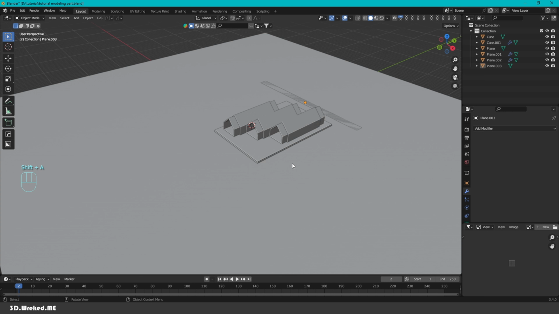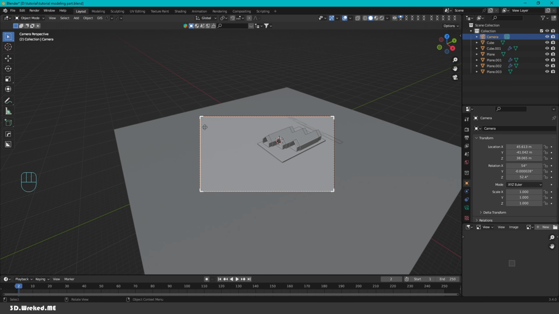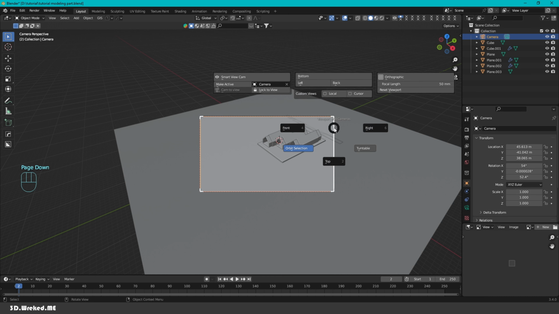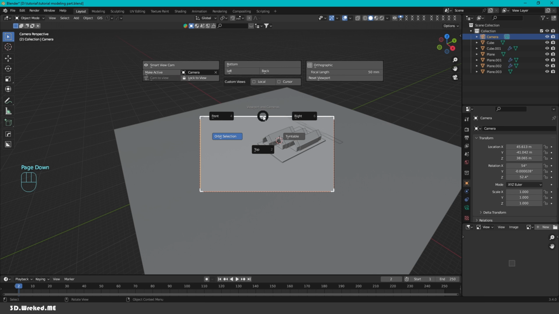So Shift A, no, actually with MESHmachine we're gonna press Page Down and smart camera to view, and now we're gonna have this camera here. Page Down again,